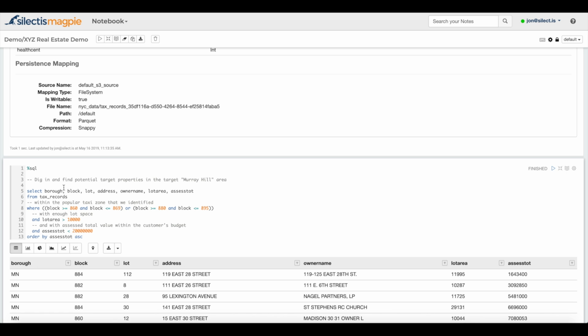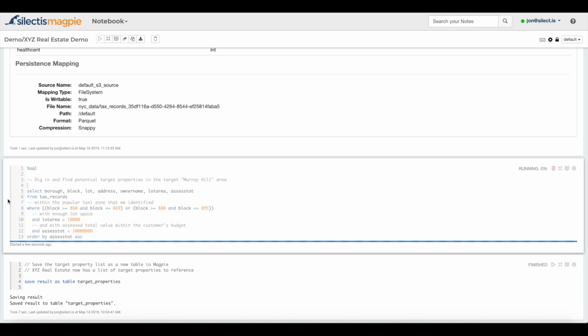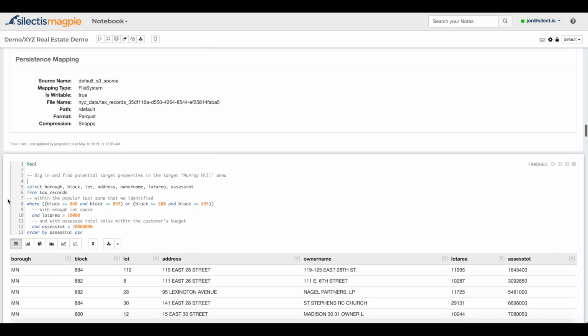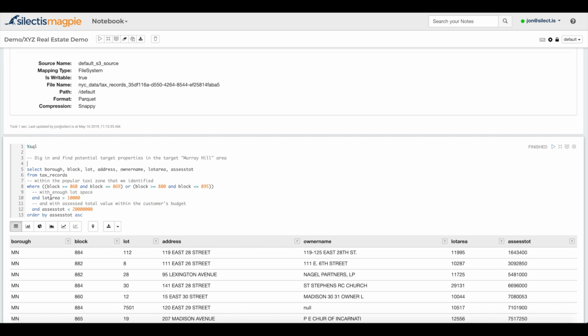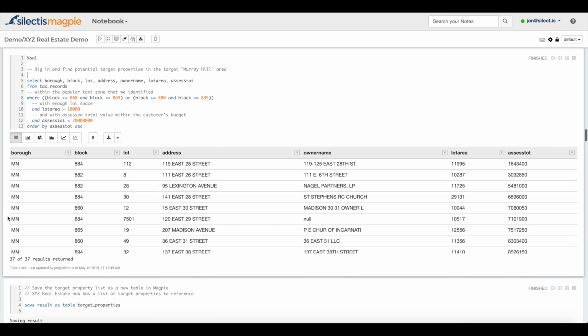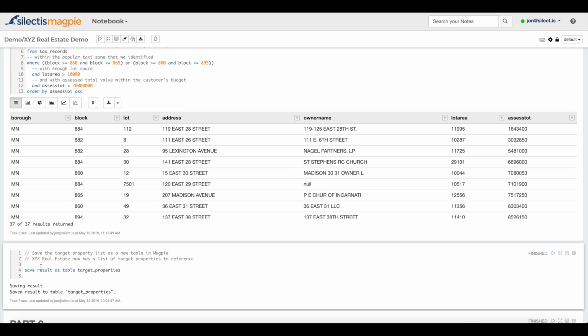And so now what we're going to do is again run a SQL query to dig into that data and try to find specific target properties in that Murray Hill area that we identified above. So we can filter based on the block, and these Manhattan blocks correspond to that Murray Hill area. We want to make sure it has enough lot space for our hotel, and we want to make sure the assessed total value is within the customer's budget. And so here we have identified 37 potential target properties,